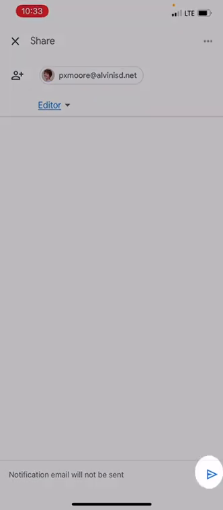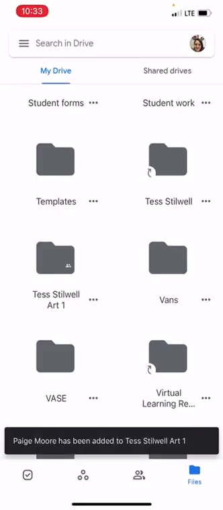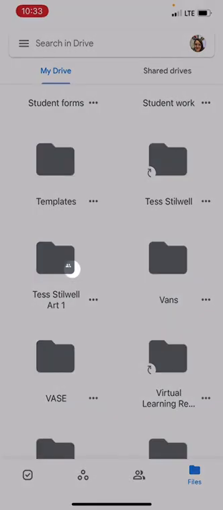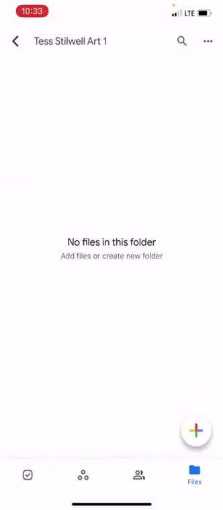After that, I need to click in the bottom right corner this blue arrow that looks like a paper airplane, and it should show at the bottom that they've been added. Now I can see that on this folder, it's different than the others because it has these two people in the bottom right of the folder icon, and that means it's been shared. When I open this up, there's no files yet,